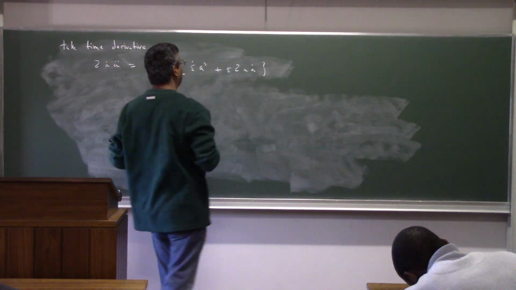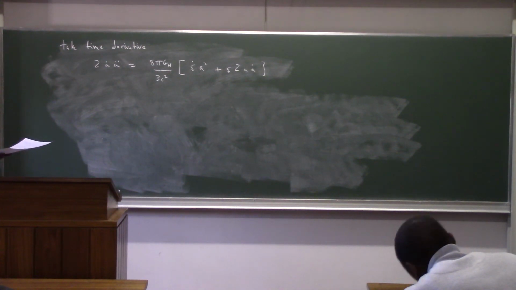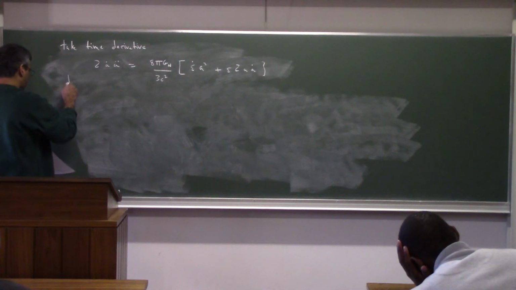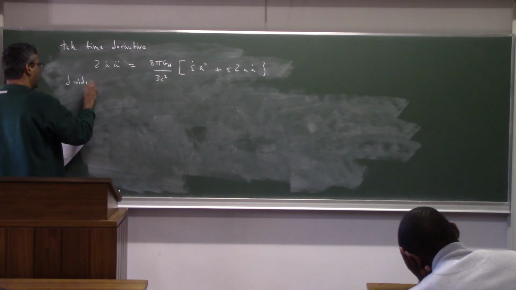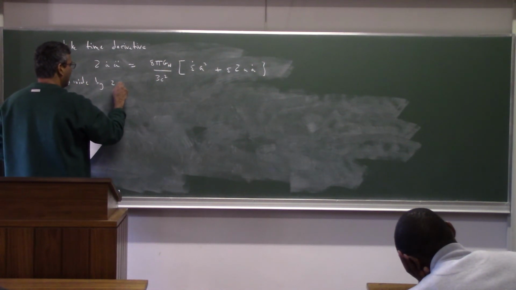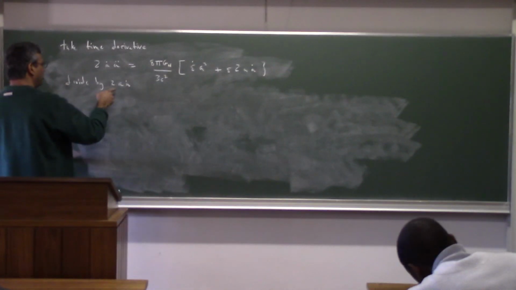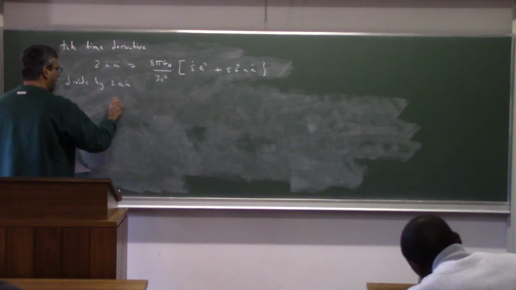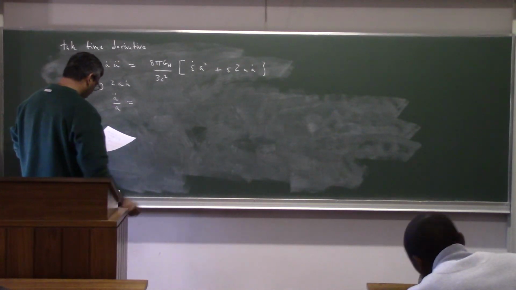And the last term is constant, so its time derivative is 0. And then we'll divide by 2 a dot. So that tells us that we have a double dot over a equals